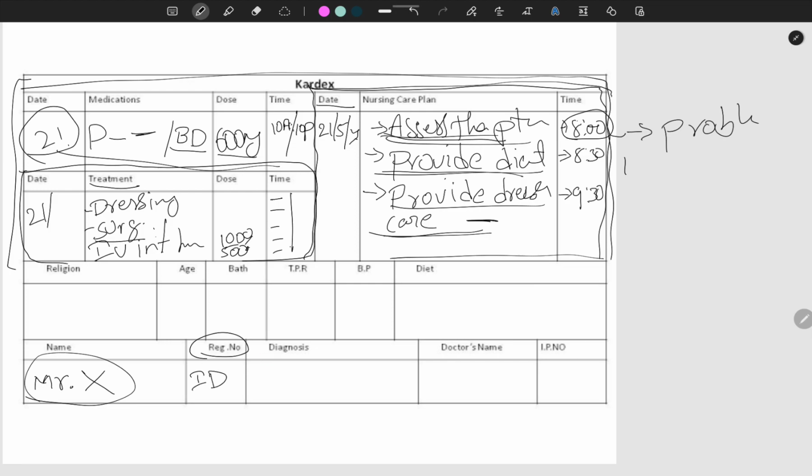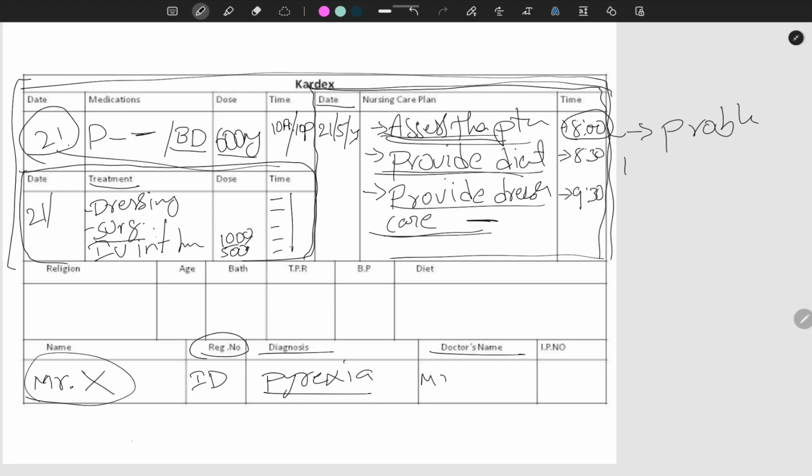Okay, and then patient diagnosis. For example, the patient may have the fever. Okay, so you have to write about the diagnosis, pyrexia. But you should not write the nursing diagnosis. Okay, hypothermia related to the disease condition, like that you should not write. So you have to write about the medical diagnosis, that is pyrexia,